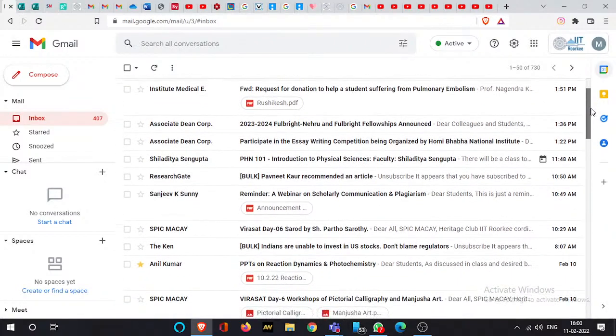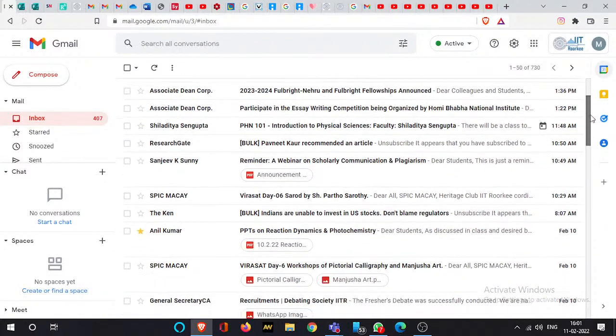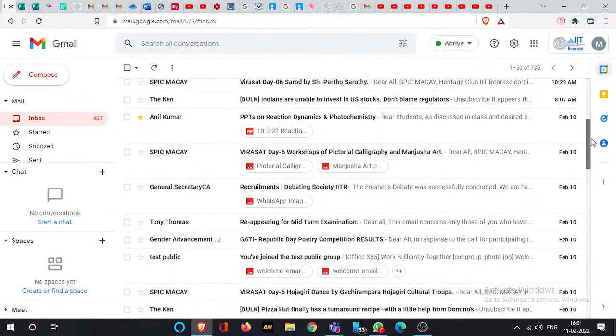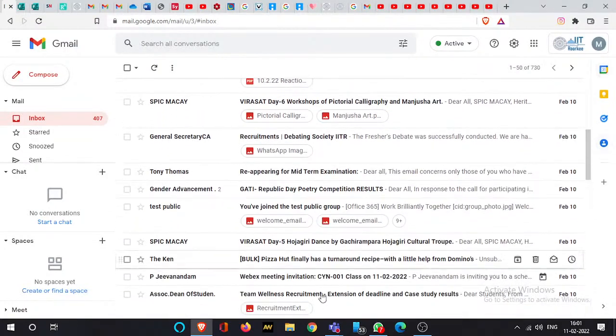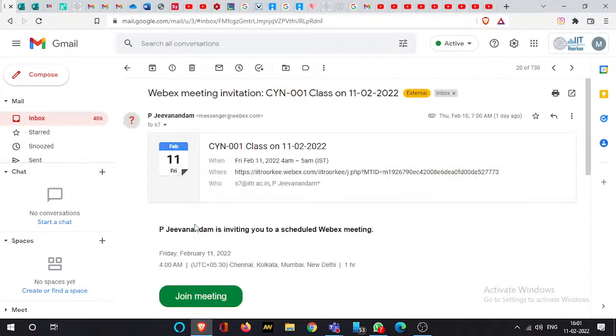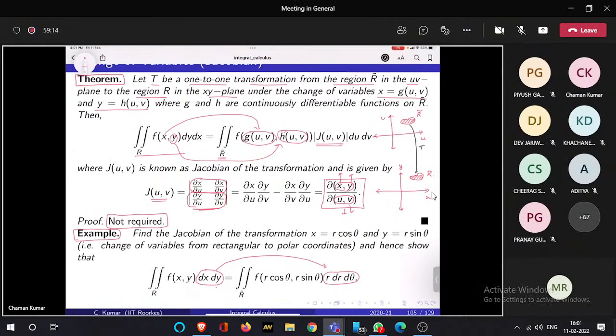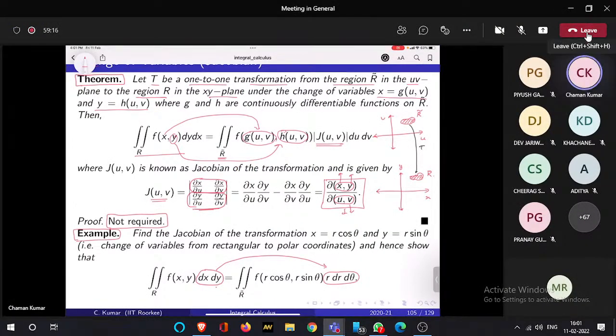And when we transform this to polar coordinates, then this is the area in the polar coordinates. Okay, but you see that this